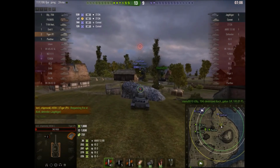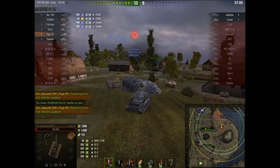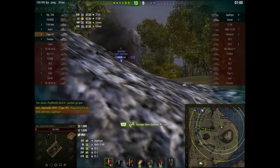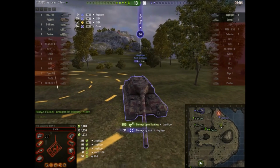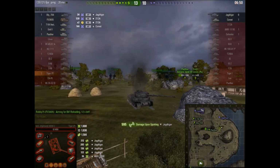So I'm hiding behind this rock, hoping to get some people to land shots on this guy, like our artillery for example. There he is. There's one shot from someone. Oh no, that was terrible. I was trying to pull forward to hit him in the hull, but he was more hull down than I thought he would be. Nonetheless, I managed to spot him. Well, I don't get any damage into him, but because I spotted him,